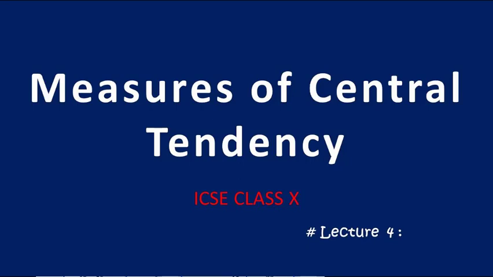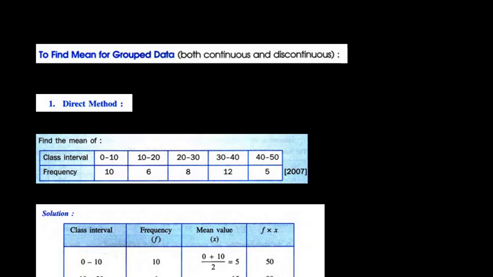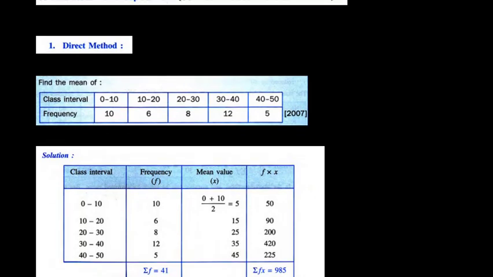Hello everyone. Today we are going to discuss how to find the mean of the data when data is in grouped distribution form, whether it is continuous grouped data or discontinuous grouped data. So here also we have three methods: direct method, shortcut method and step deviation method. And the procedure is almost the same as we have done for ungrouped frequency data or discrete frequency data. Okay, so let us see one by one with the help of some examples.